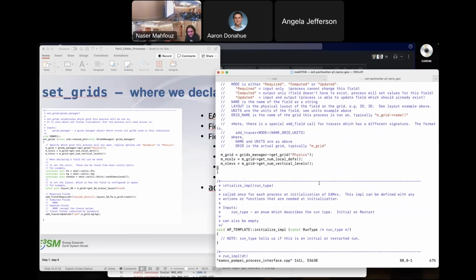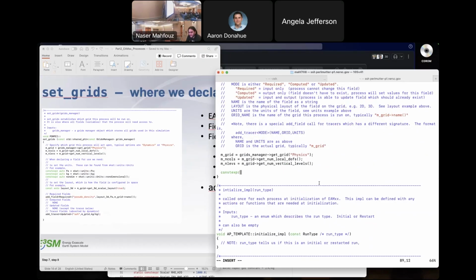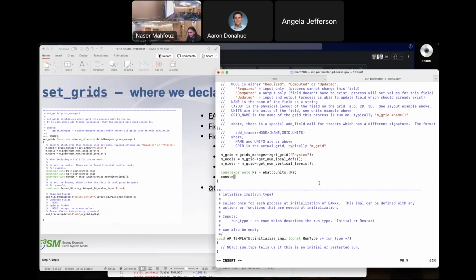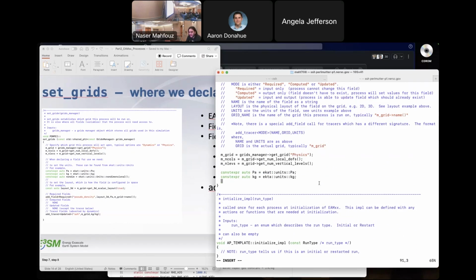So we'll define mgrid, mcalls, mlevels, and then as more housekeeping, we will include some units because we will need them in the addField, addTracer calls. So I will do const expression, auto, pressure, Pascal. And kilogram for, so pressure, we need the pressure for pseudo density, and we need